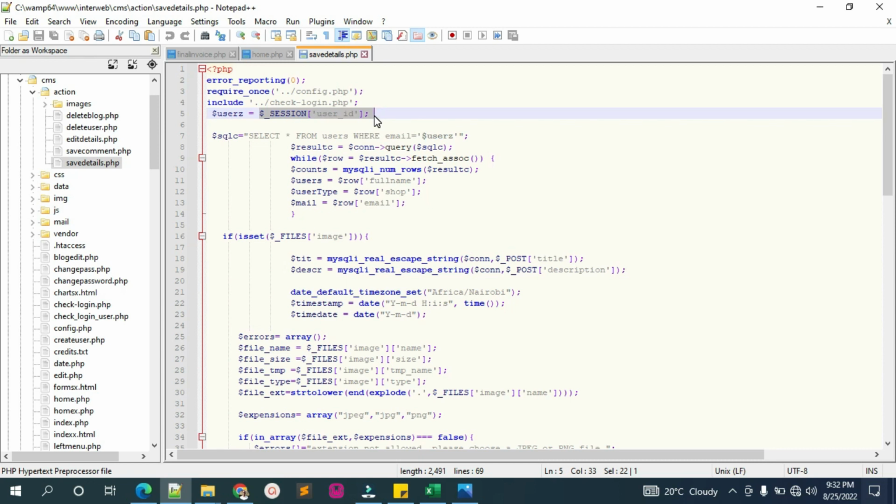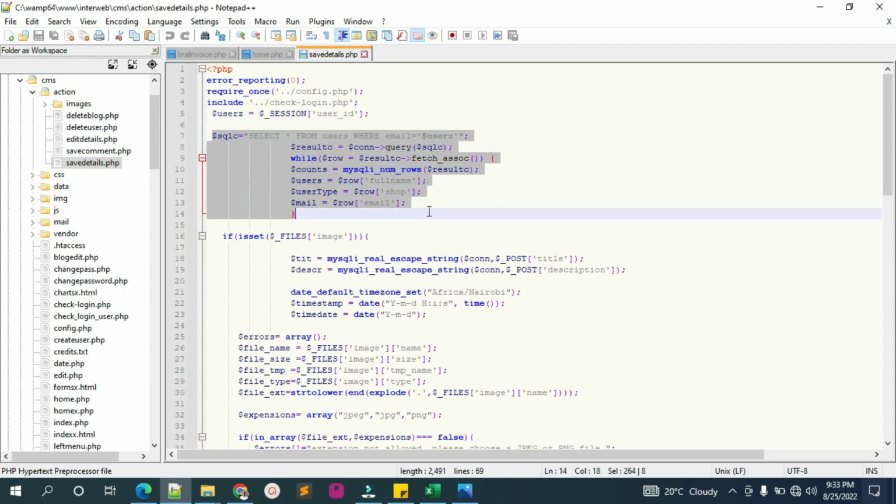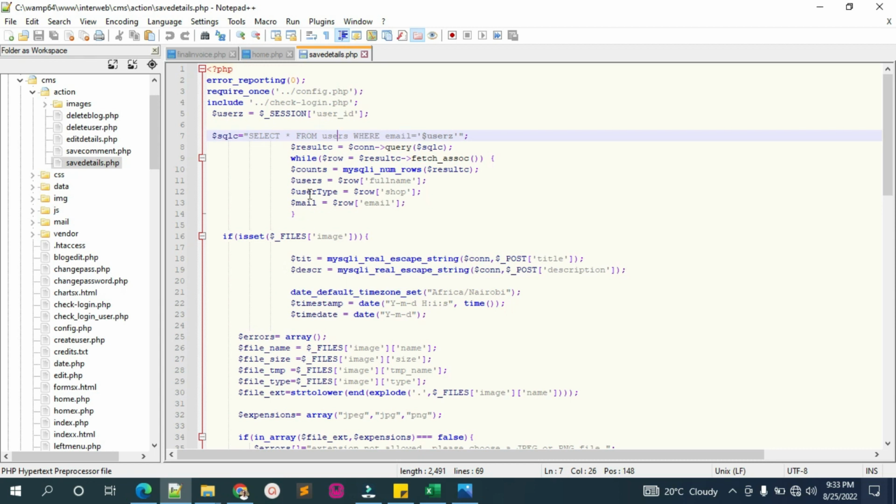Because I have the username of the logged in user and I want to use the email and the user type and the full name, so I have to fetch those other details using the user ID I have. So this is where we have that query. So we select from users where email is that one, and then